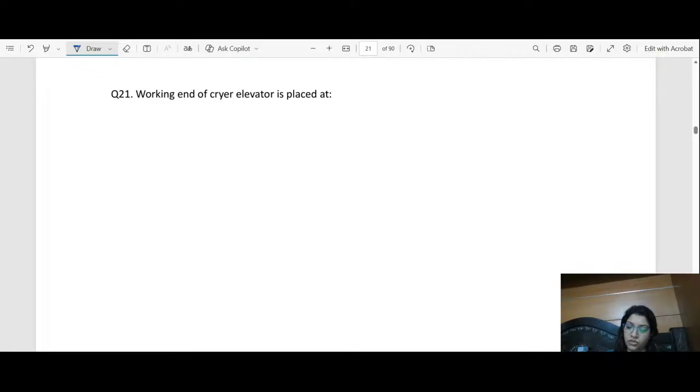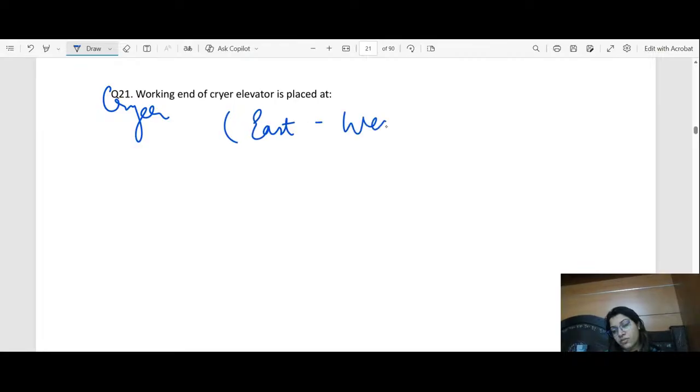Let's come to the next question. The working end of the Cryer is placed at the junction of the interseptal bone and the mesiobuccal portion of the root or over the interradicular bone. So, here write the sharp edge of the Cryer elevator or the east-west elevator. To remove the root of a multi-rooted tooth following the extraction of an adjacent one is valuable, and